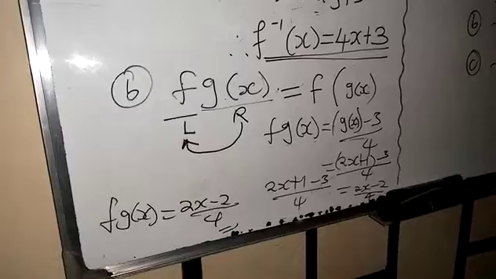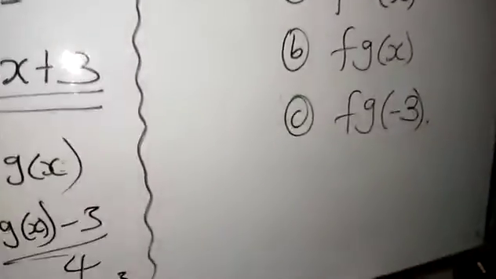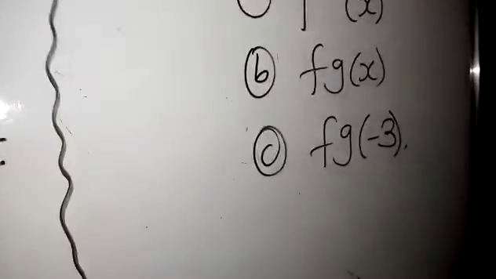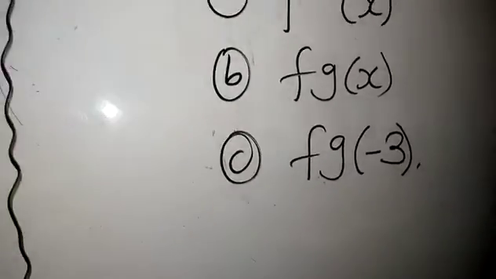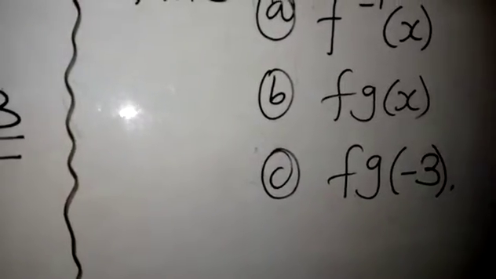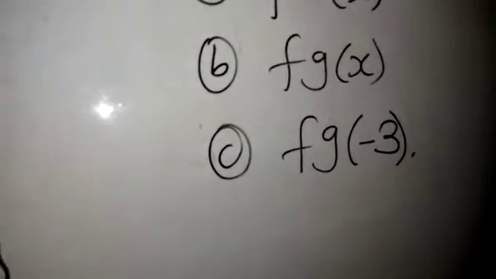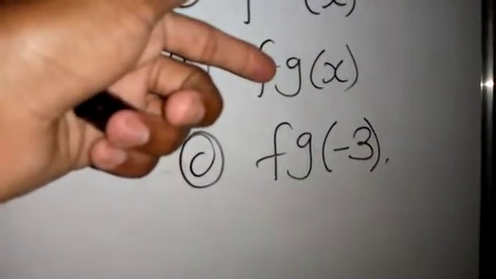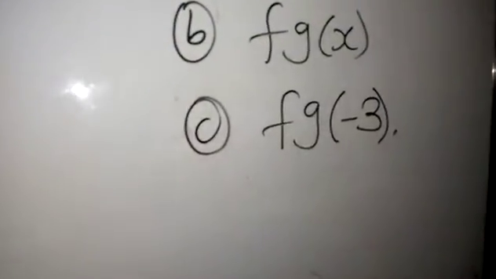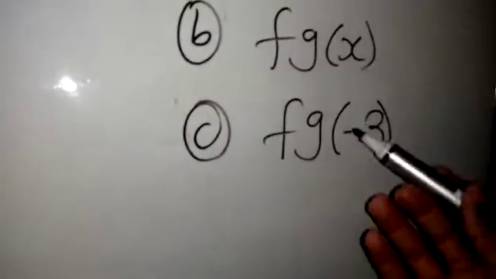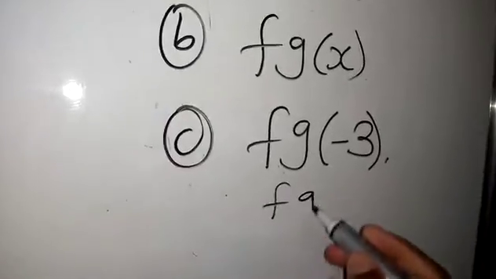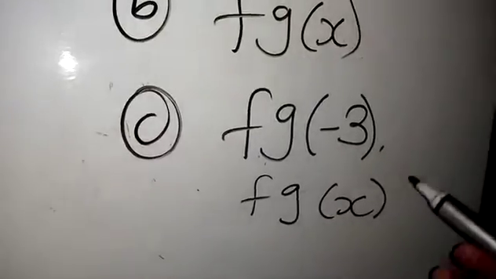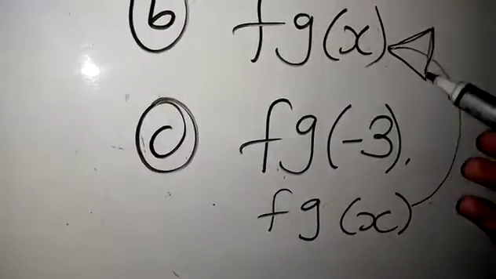We are now checking the last part, which is C. They want you to find f of g of negative 3. Sometimes they just go direct to say find f of g of negative 3 without even asking you to find f of g of x. Even if they have gone direct, first I have to find f of g of x. But we are lucky, in this question it was asked. So we are just getting the answer that we